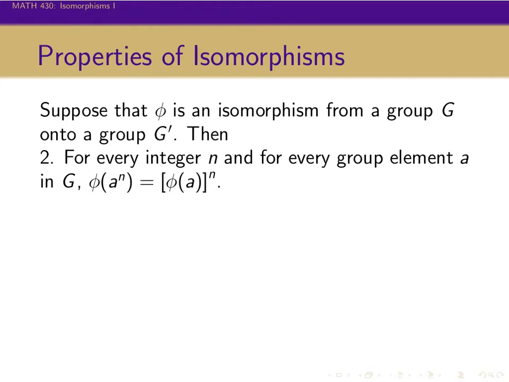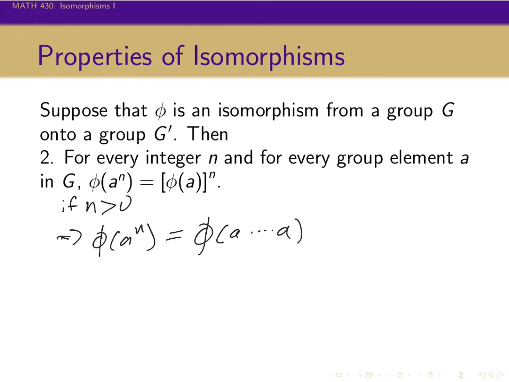Secondly, for every integer n, and for every group element a in G, phi of a to the n is equal to phi of a raised to the nth power. Or whatever that means, phi of a applied to itself n times in terms of the group operation of G prime. Okay, so first let's prove this for positive integers. So if n is greater than 0, well then phi of a to the n is equal to phi of